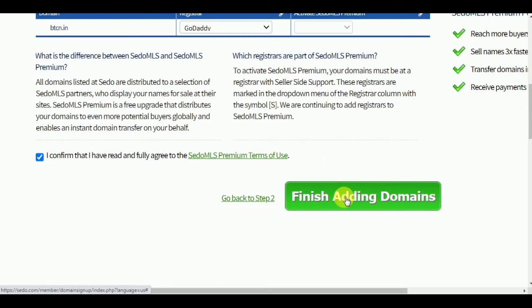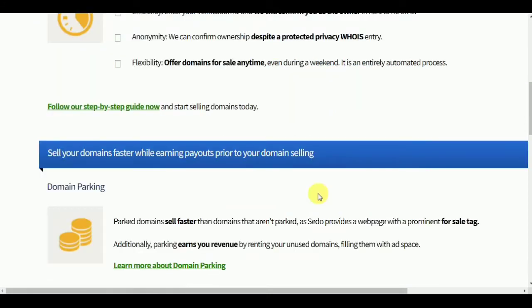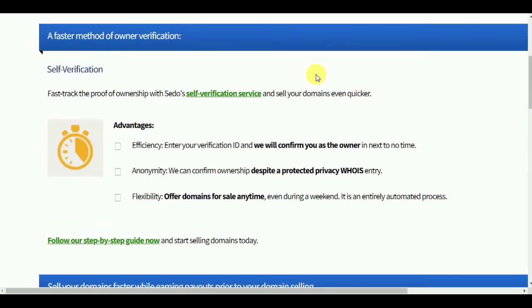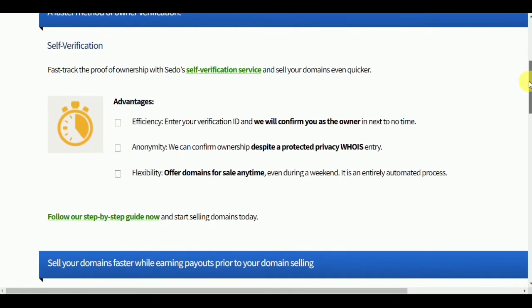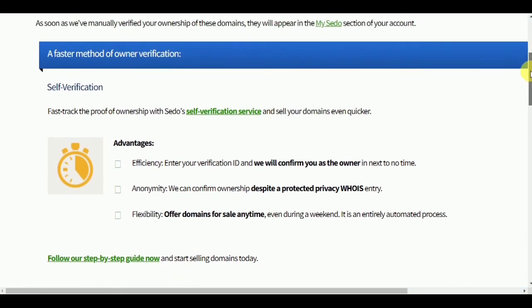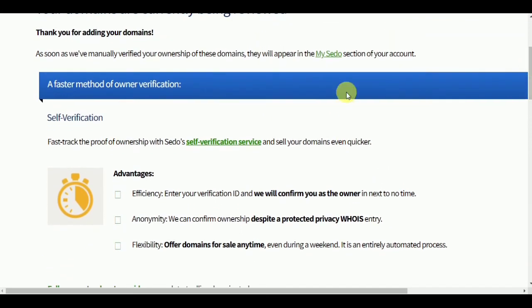For example, I finish adding, and first take the proof of ownership with Shadow's self-verification service, which you can also do here. Otherwise Shadow will automatically verify with your DNS, no matter whether you do self-verification or not.